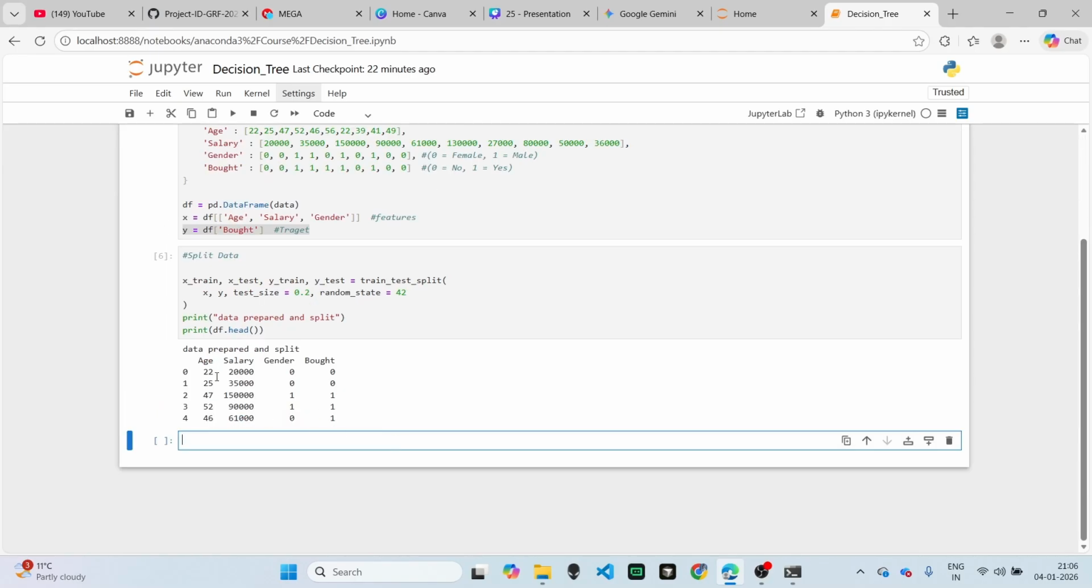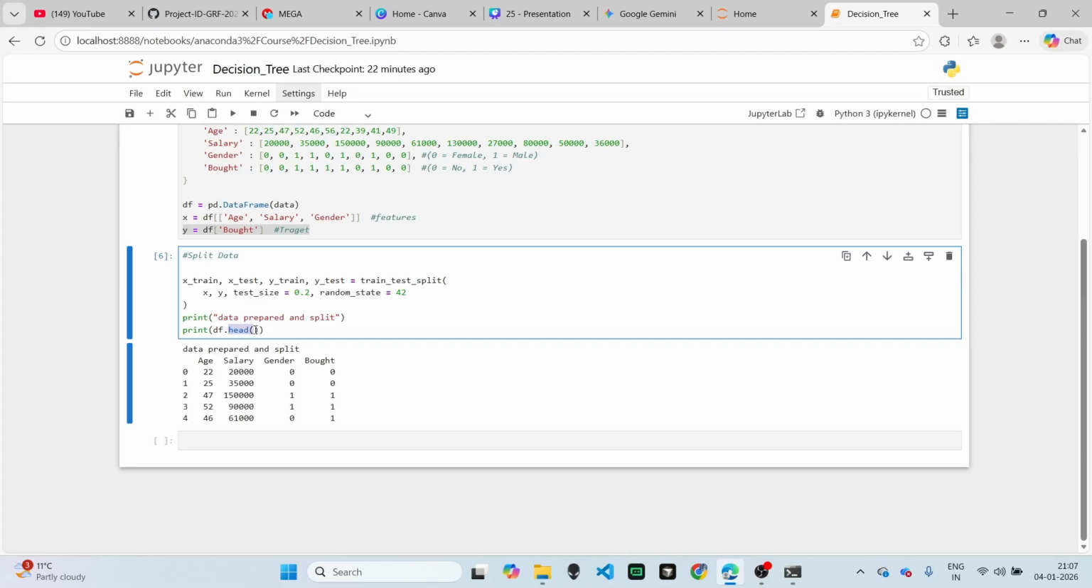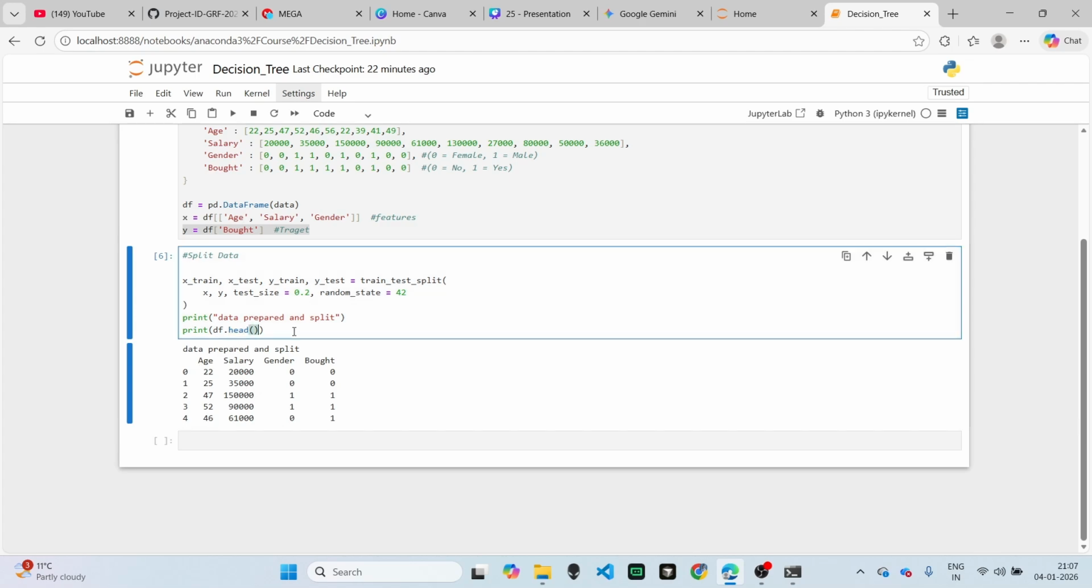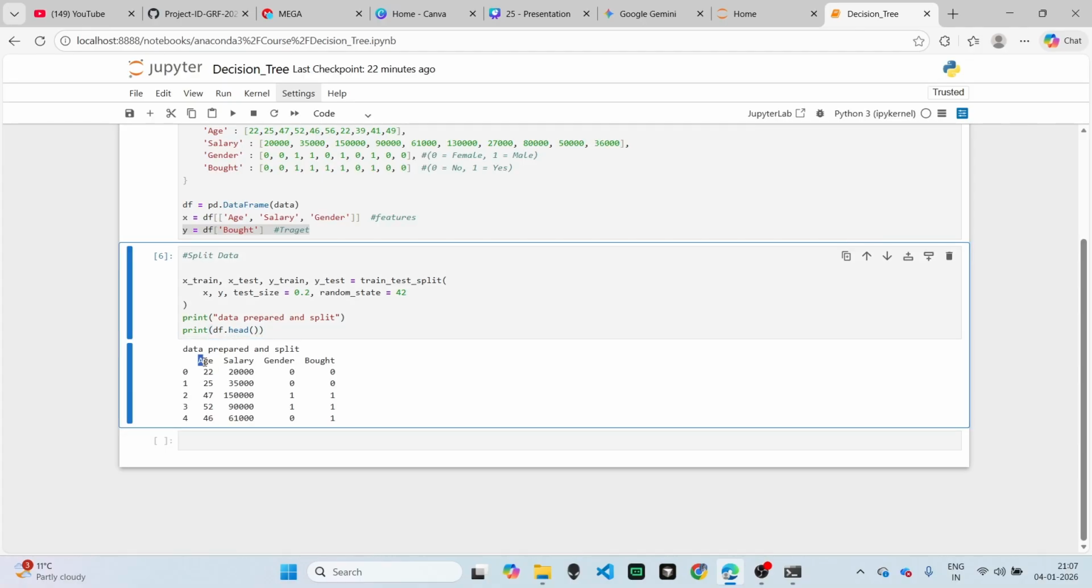Just run, and here you see. As I already told you, the head function with the default parameter gives you the top five rows of your data. So these are the top five, and if you want data from the bottom, you can use the tail function, df dot tail. Here you see we have age, salary, gender. These three are our features, and this is our target. Using these three, we are going to predict if our customer is going to buy the house or buy any item or not. Okay,